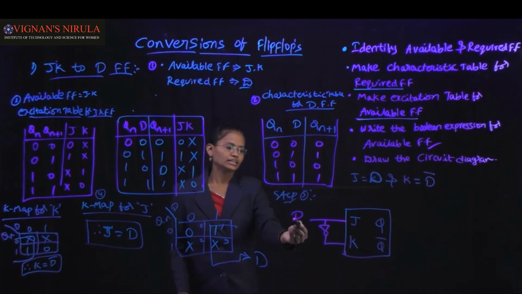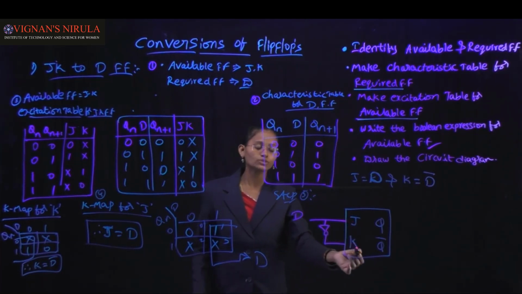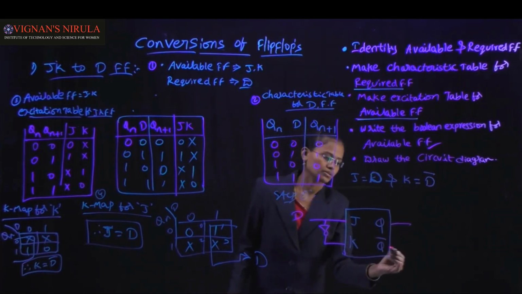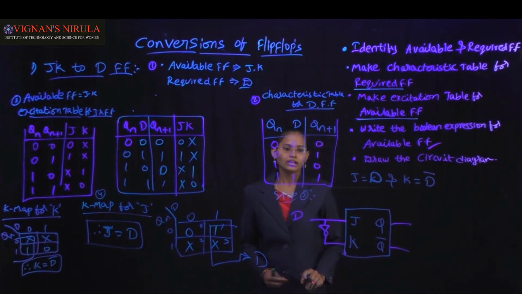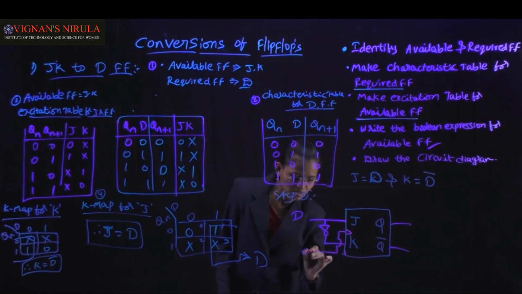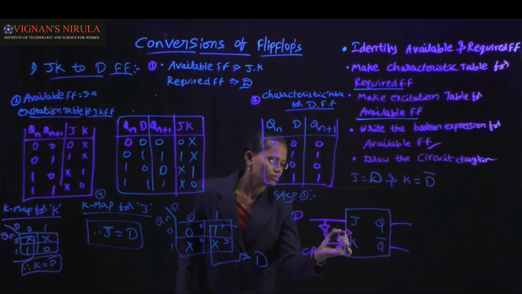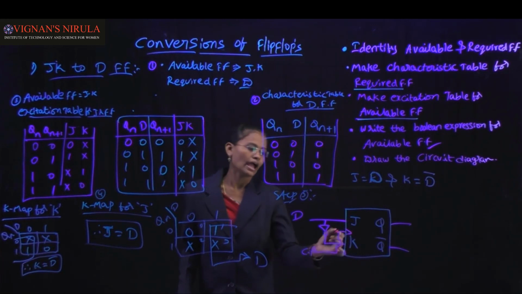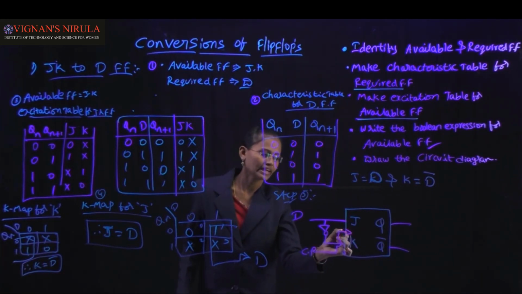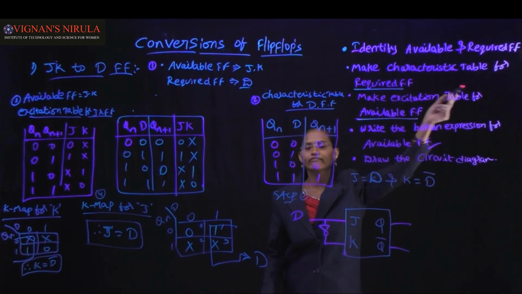Okay, here D is connected to J and D bar is connected to K. These are the outputs. Here the clock is also applied. Flip-flop works on clock pulse. Okay. If you write down here, the bubble is the negative edge triggering, and positive is directly connected to the line. Okay.